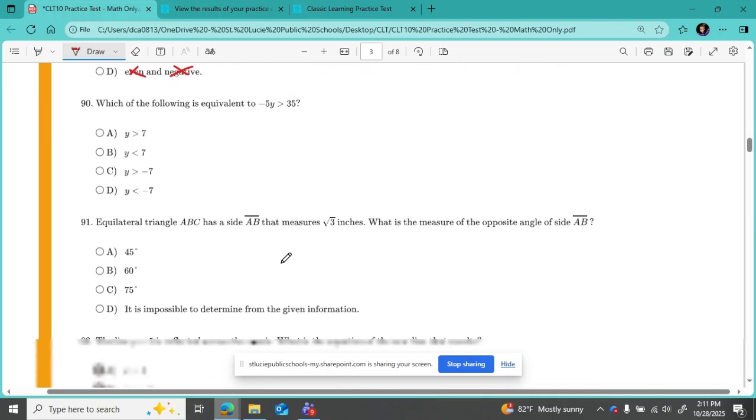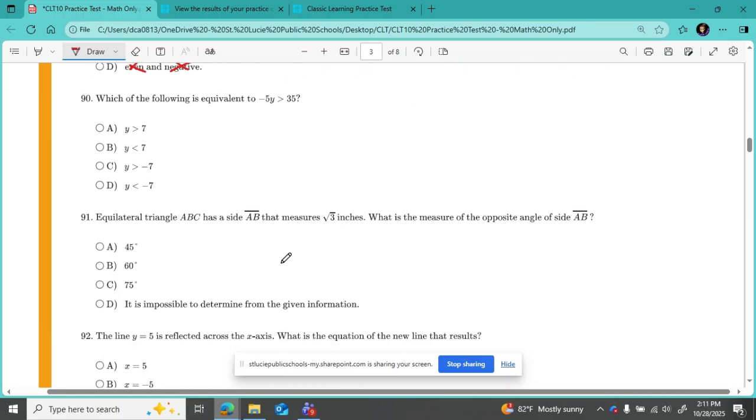Got it. Number 90, which of the following is equivalent to negative 5y is greater than 35? There's a rule to remember here. When you're solving for your variable and you have an inequality, I want to divide both sides of my inequality by negative 5, and something happens when I divide or multiply both sides of an inequality by a negative number. And that is that my inequality